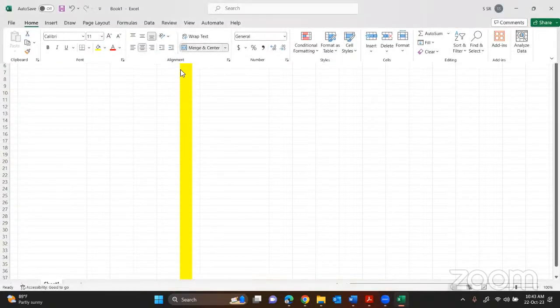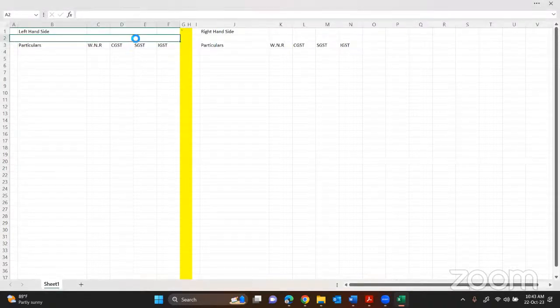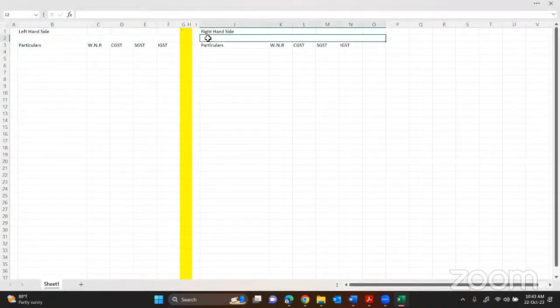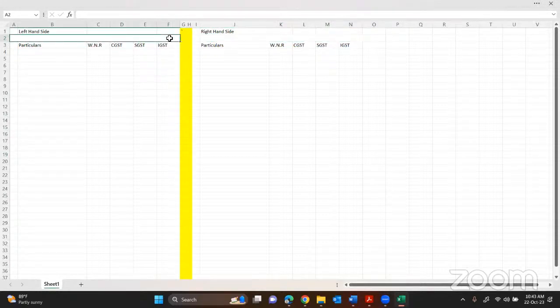What they will do sometimes, they will say computation of GST payable in cash or net GST payable. In any way, they can ask this question. Everybody, the font size is okay, right? Because only then we can see the entire thing. And this should be a typical GSTR-3B at the back of the mind.